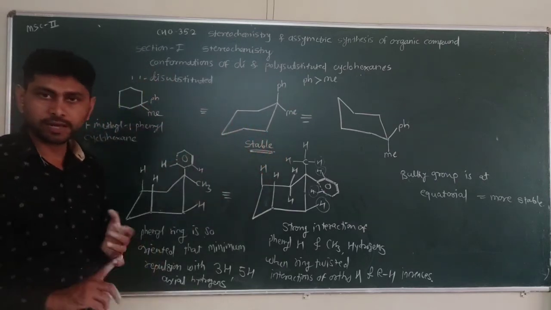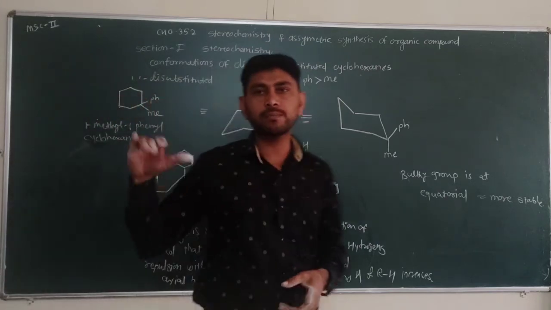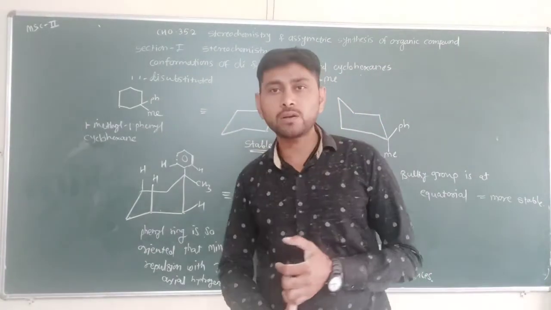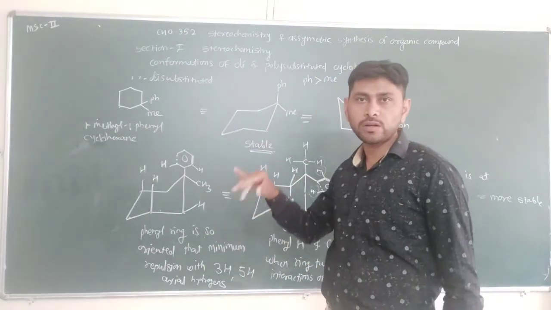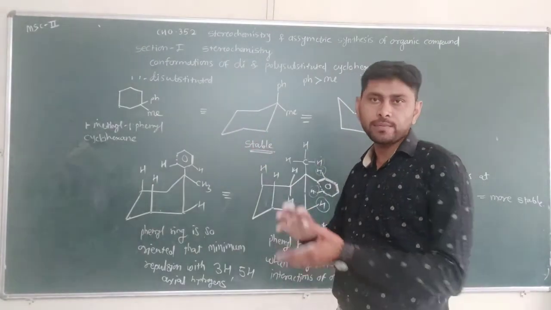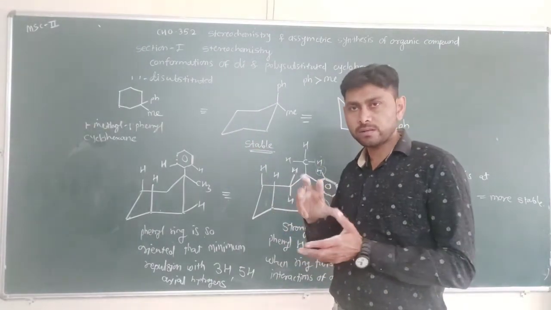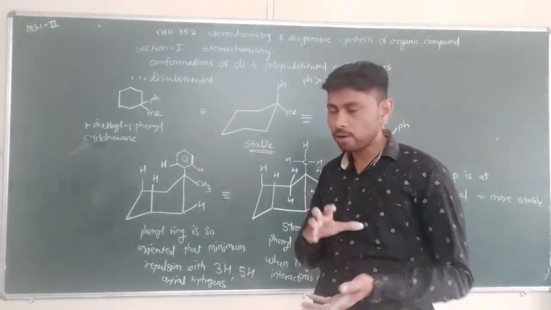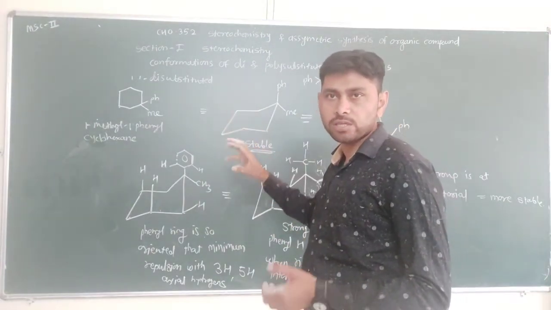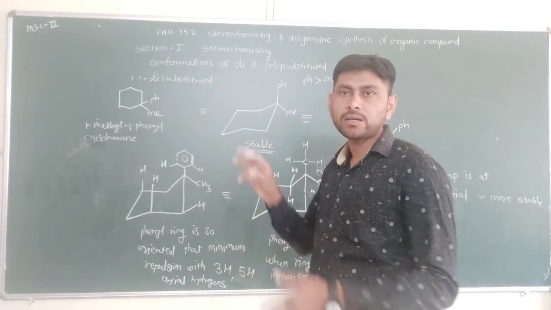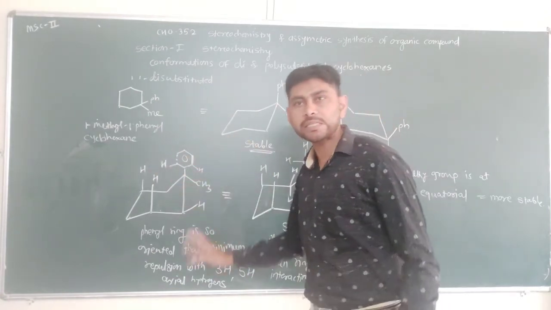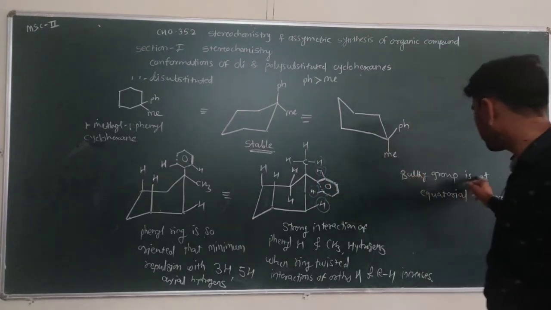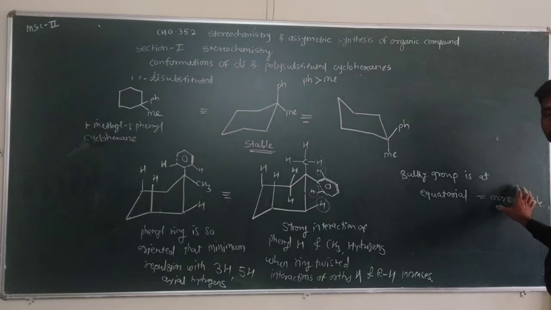If we change the groups, when X is different and Y is different, we have taken the first example of 1-methyl cyclohexanol, where the methyl group is bulky and the OH group is less bulky. The stable conformation is decided by the methyl group, the bulky group, being at equatorial position. When the methyl group is at equatorial position, that conformation is preferred, obtained in 70% amount, and the other conformation is obtained in 30% amount. So with the bulkier group at equatorial position, the more stable conformation is there.